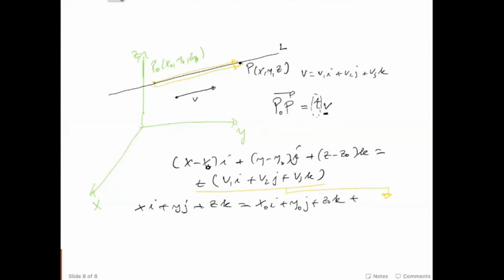For the two vectors to be equal to each other, the component of i should be equal to the component of i on the other side. In this case, if I develop the second part, that will be tV1 i plus tV2 j plus tV3 k. And therefore, the parameter of the line